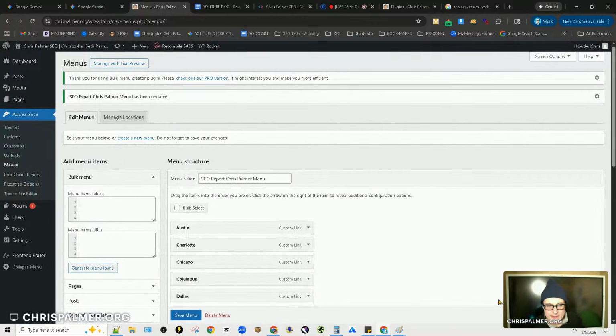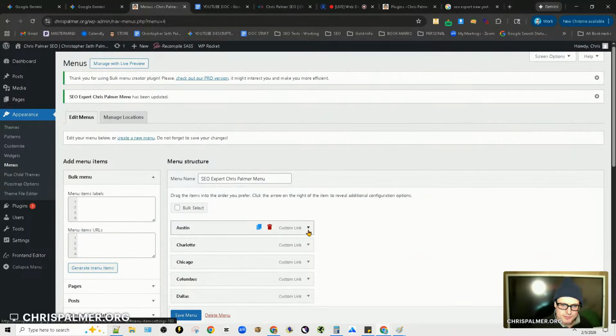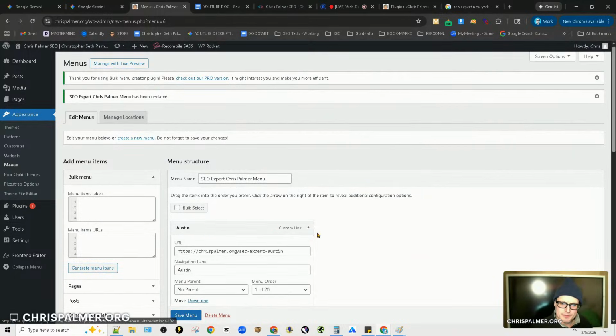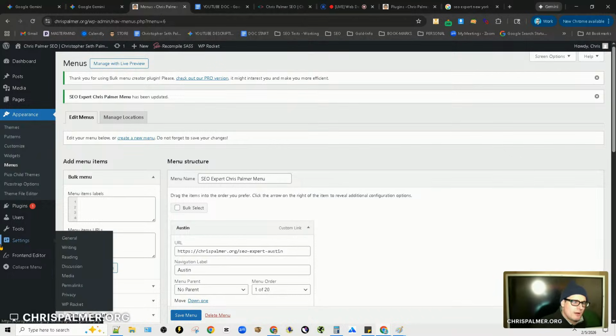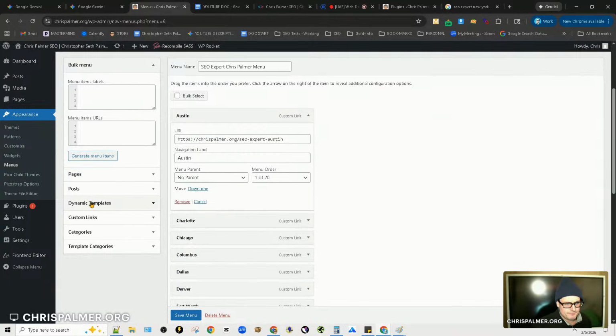Now we have a state-specific SEO expert menu. And what we can do with this, let me just make sure that it's proper. It is. Wonderful. So now we can pretend that those pages are actually there, even though they're not. But what we're going to do next here is we are going to create